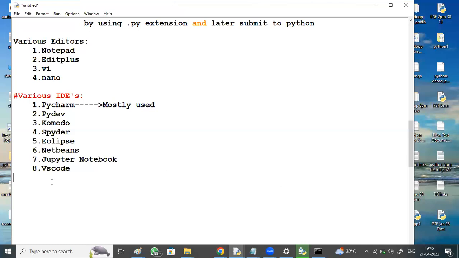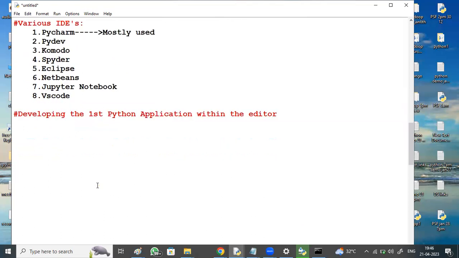Developing the first Python application within an editor, for example Notepad.